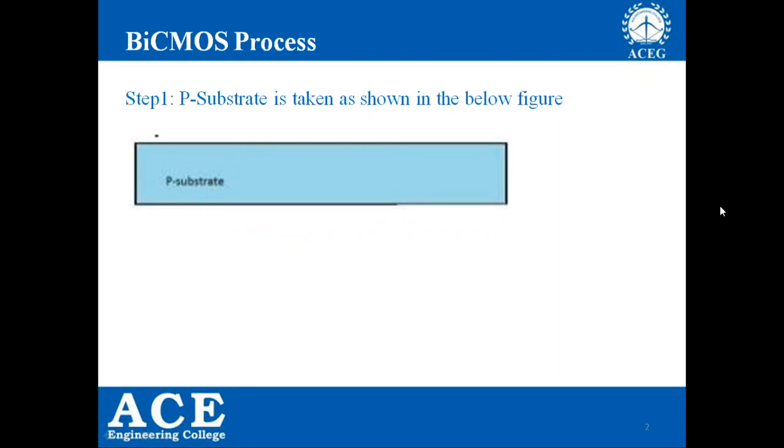And here we are going to form 3 transistors, that means bipolar transistor and NMOS transistor and PMOS transistor as well on a single silicon substrate. Let us see how we are going to form. Now let us take p-type substrate, and on this p-type substrate actually we can form NMOS only, but now let us see how we are going to fabricate all NMOS, PMOS and NPN transistor of bipolar. How we are going to fabricate, let us see.